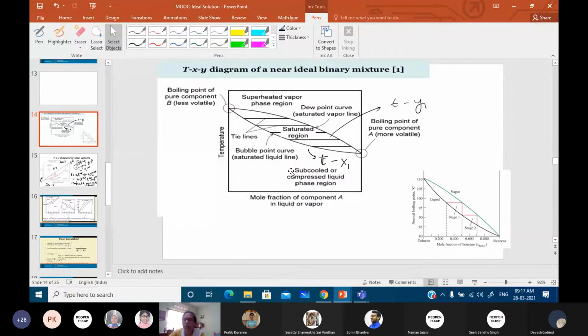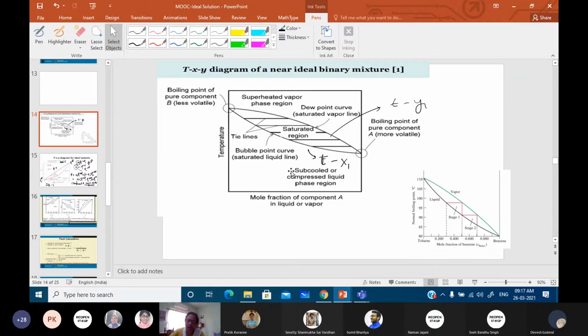Now, when we reach the boiling point of the liquid, what happens? The temperature remains constant, the pressure remains constant, and the liquid keeps on getting converted into the vapor phase. The temperature and pressure remain constant as long as the phase change process occurs. And when the entire liquid has converted to the vapor at the same temperature, which is the boiling temperature, the liquid at this particular condition is known as the saturated liquid. Till the entire liquid has converted to the vapor, the temperature and pressure remain constant.